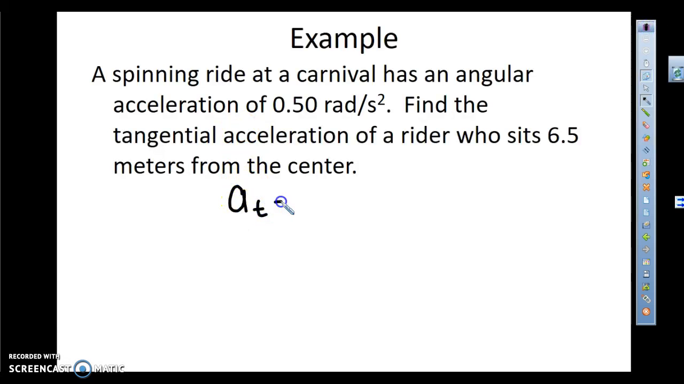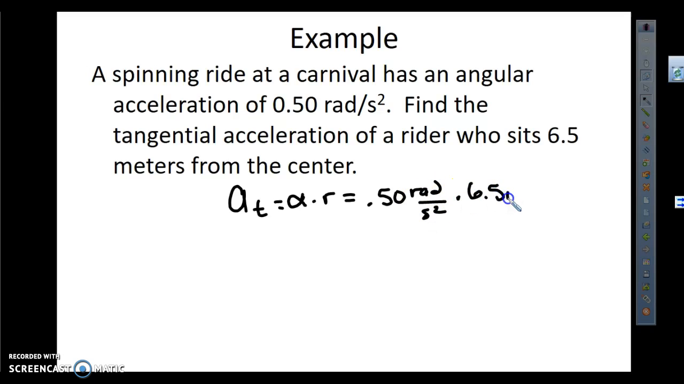Okay, so again, you can simply find your tangential acceleration. Plug it in by taking alpha times r, so taking that 0.5 radians per second squared times 6.5 meters, and getting units of meters per second squared. And so 3.25 meters per second squared. So we have our tangential and our